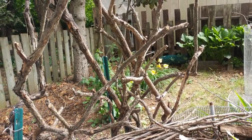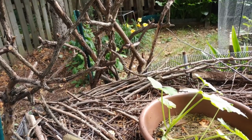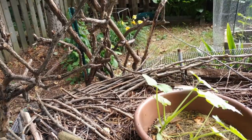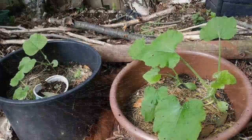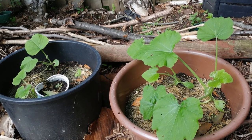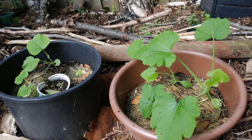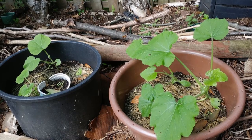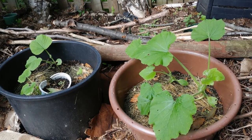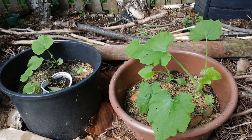Now I had an idea. I have some hardwood limbs that I trimmed up, and they are hard. I mean, it's like concrete. And I decided instead of a trellis, I was going to use these tall pieces of branch that were hard, and I would wire them in to one end of my permaculture bed, which looked very odd after I finished,